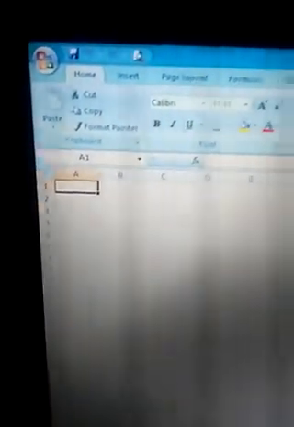And then on the right hand side we have the 3 buttons, used for minimize, maximize, and close. All the students know about the uses of these 3 buttons. This is the minimize button, this is the maximize and restore button, and this is for closing MS Excel. So this is your title bar. On the top of the window you will always see a title bar along with the office button on the left hand side. This circle is known as the office button.